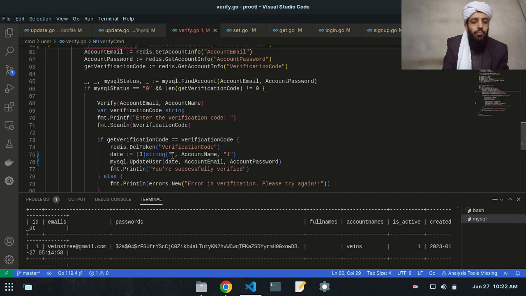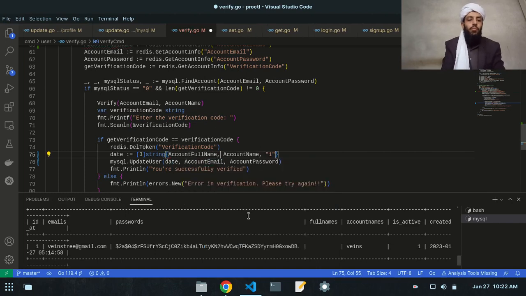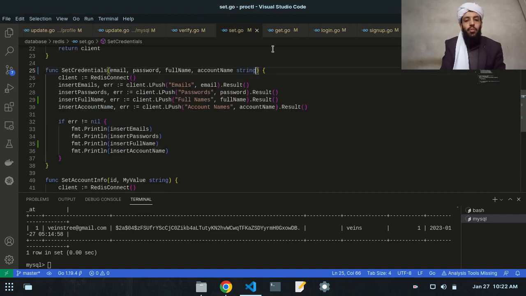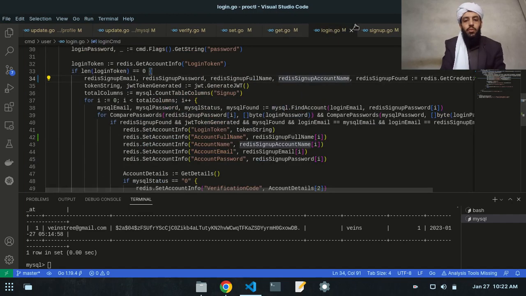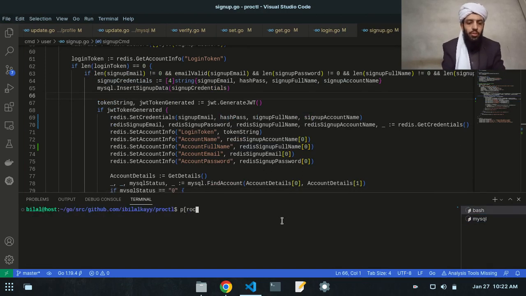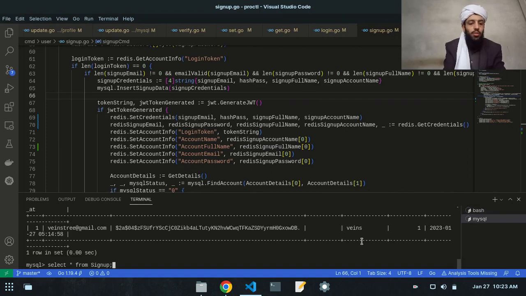Yeah, account full name. All right, so now the account full name, the account name, and the one status will be updated instead of removing it from here. So let's save it. Save it here. So let's write proctl, go install, and I also need to remove this data